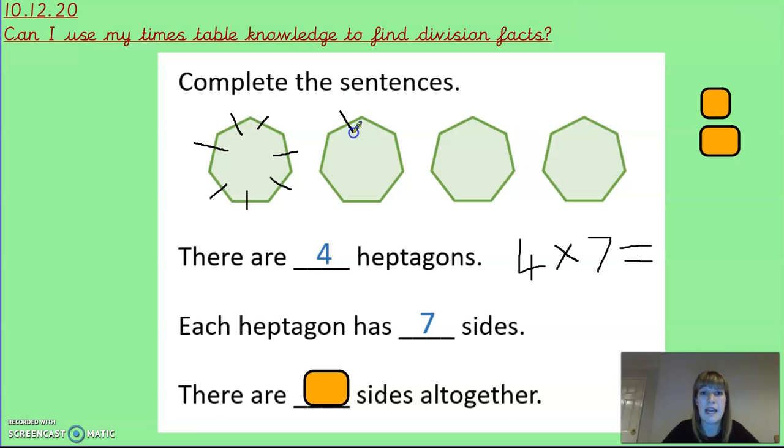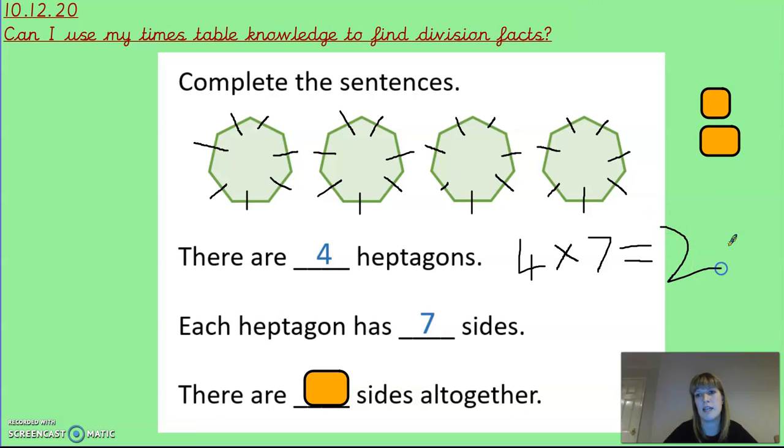So 7, 8, 9, 10, 11, 12, 13, 14, 15, 16, 17, 18, 19, 20, 21, 22, 23, 24, 25, 26, 27, 28. So there's 28